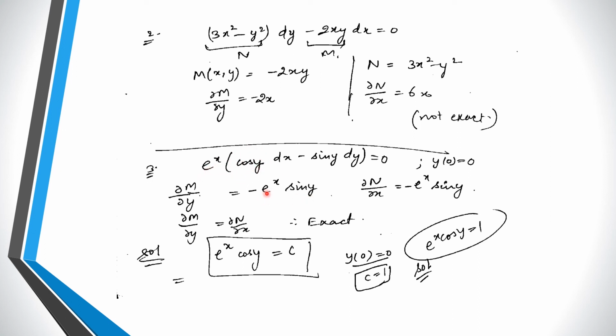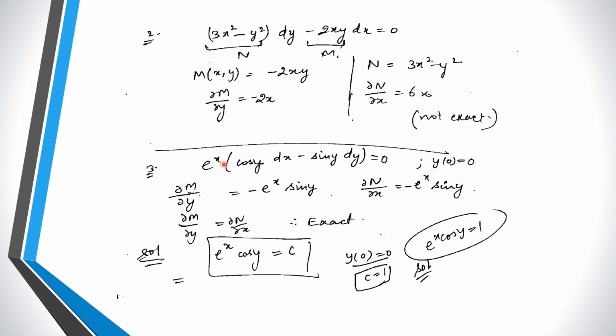So you have this. Similarly, what is the derivative of n with respect to x? This is e to the power x minus sin y. Both these are same, so that means your equation is exact. Now since it is exact, we can find out the solution of this differential equation. The solution will be integration of m with respect to x by treating y to be constant, and integration of n with respect to y considering only those terms which contain no x. Right? So now what is the integration of this with respect to x by treating y to be constant?